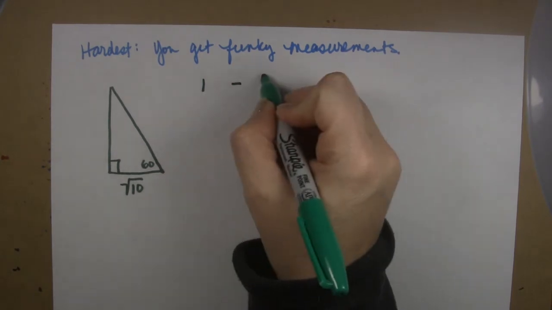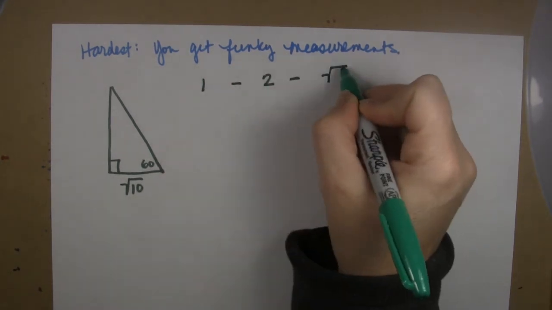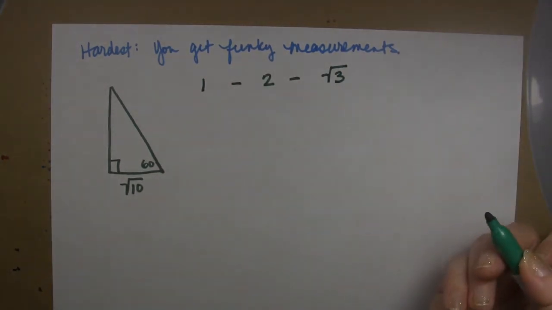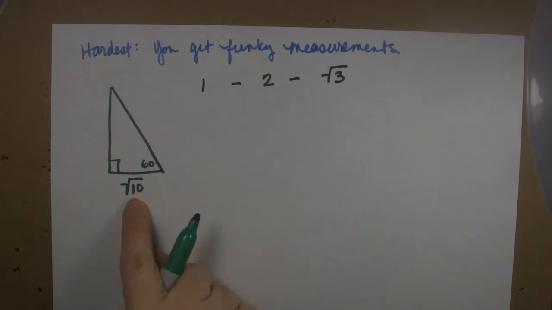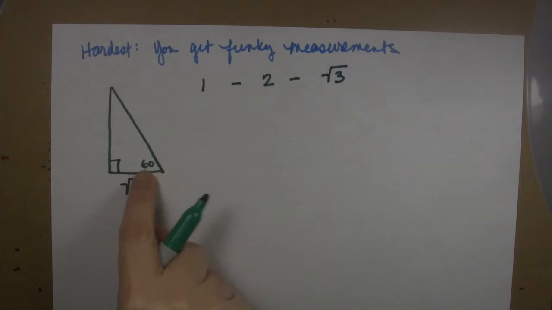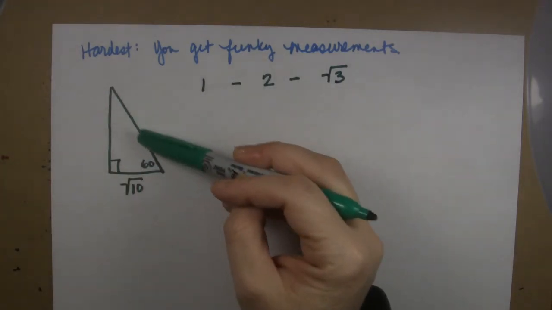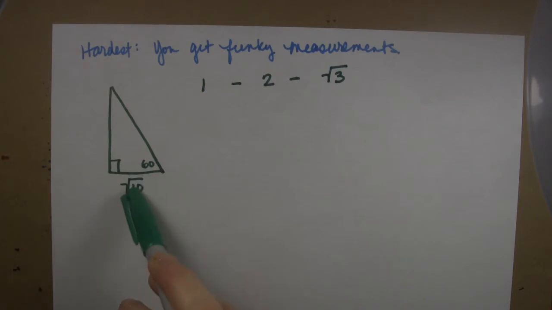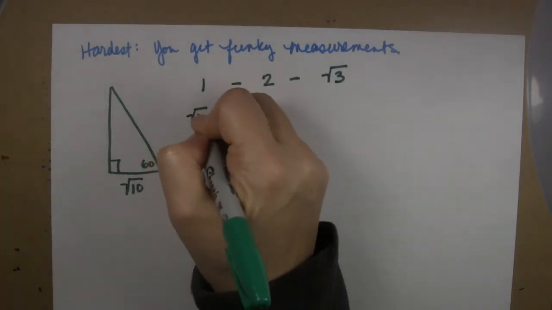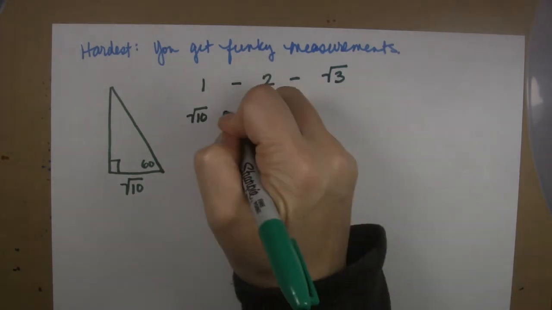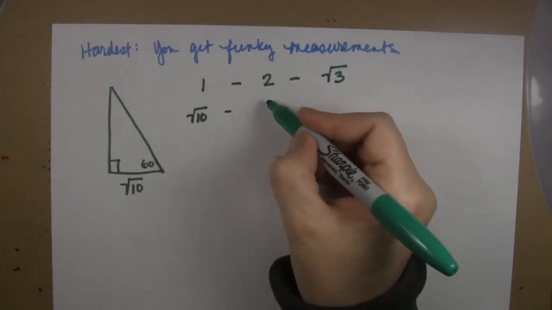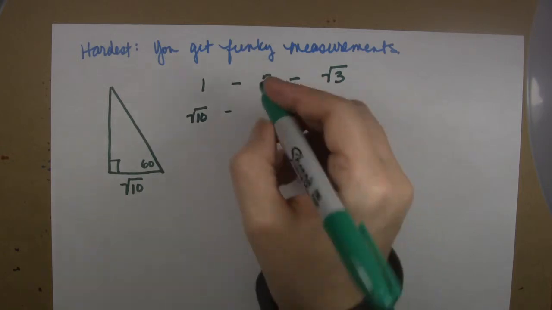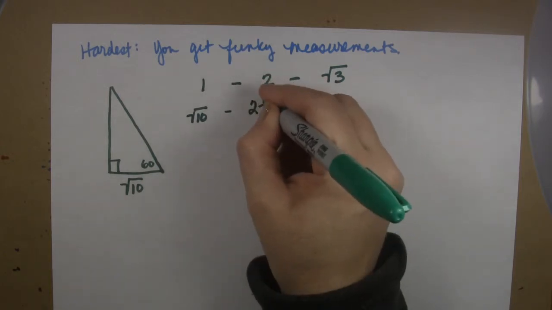So if this is a 1 to 2 to radical 3 ratio, what side do we know? Well, we know the short side, right? This is the hypotenuse across from the 90 degrees, so we don't have that. Here's the long side, and here's the short side. The short side goes here, root 10. So now it's easy for us to figure out our hypotenuse, which is going to be 2 times